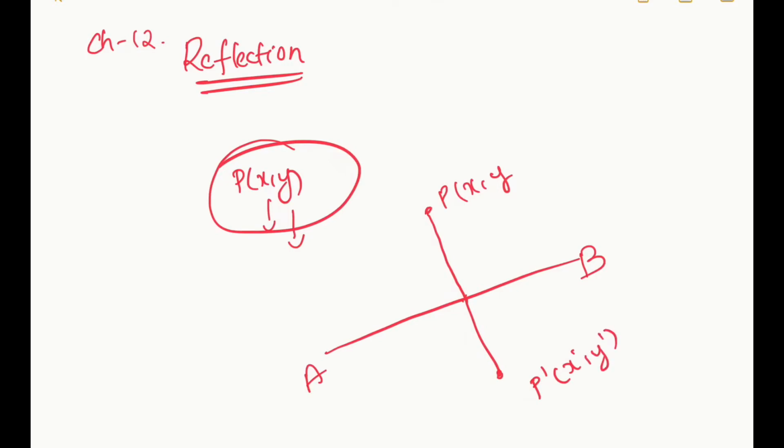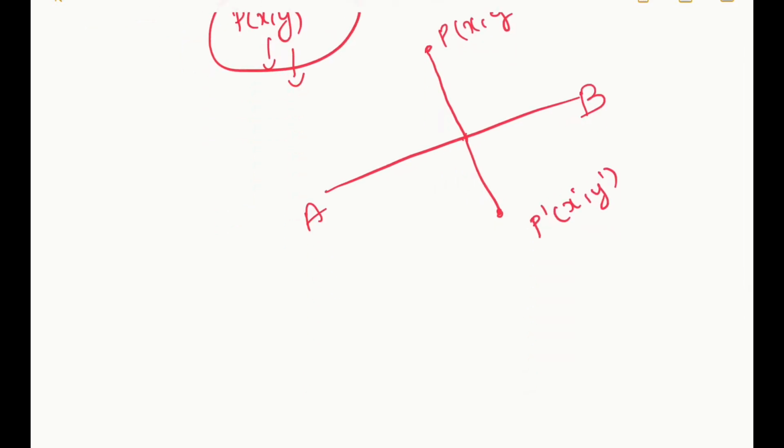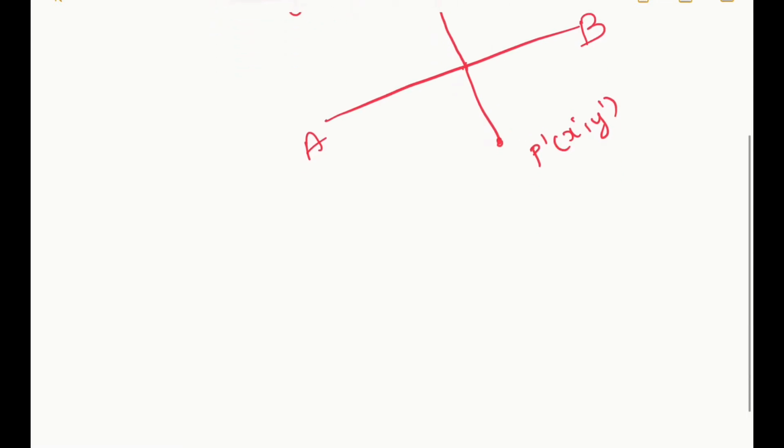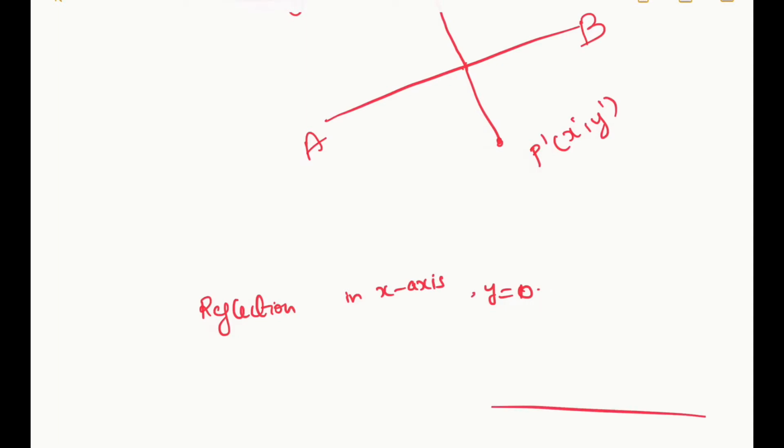Okay. Now, let us speak about reflection in the line y equal to 0, that is, in the x-axis. Reflection in the x-axis means the point is on the x-axis, in that case y will be equal to 0. The line y equal to 0 is the x-axis, right? In the adjoining figure you can see a figure there. I will draw that figure here.